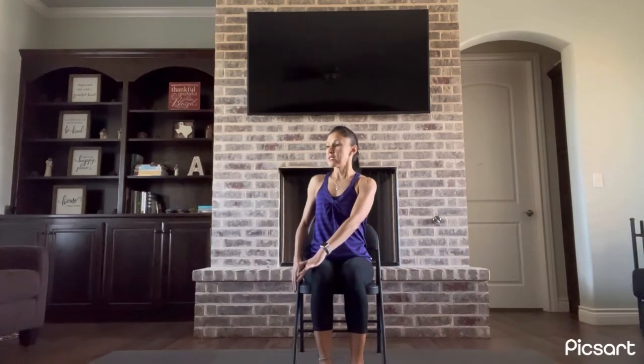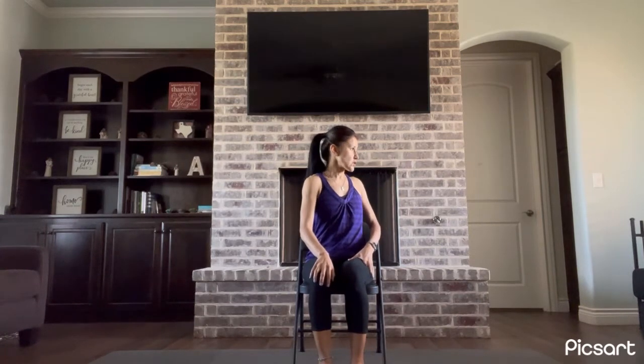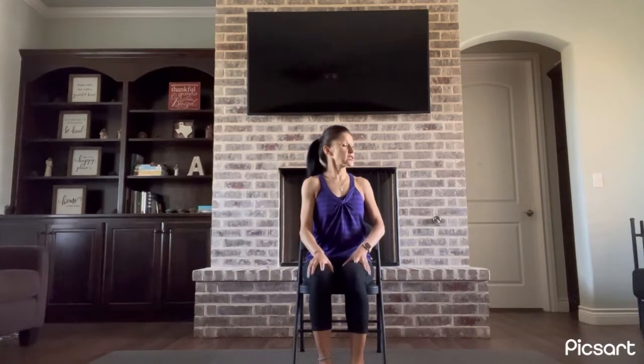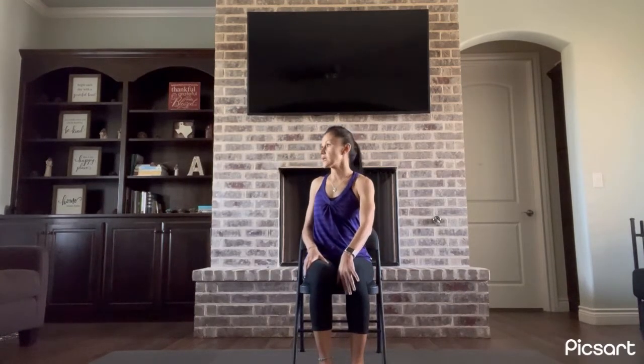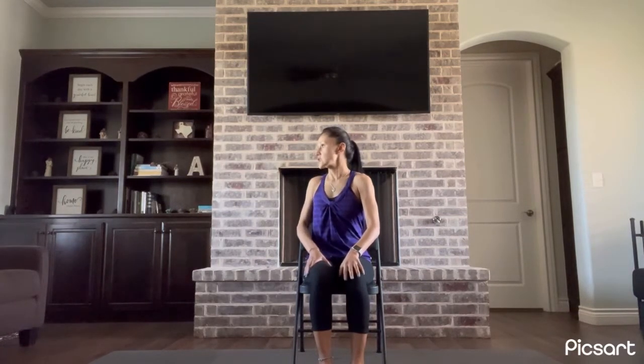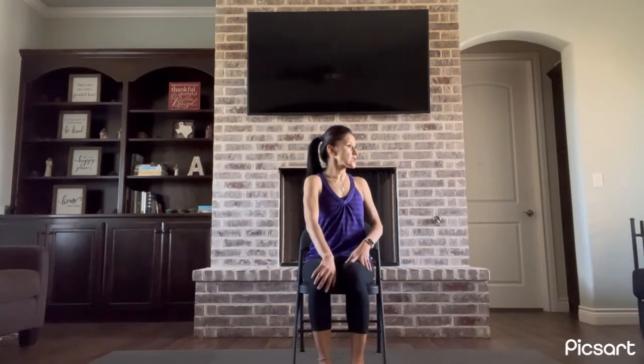Left side. So I didn't mention this, most of you know, but if you are on your back, inhale, come back to center. Arms should be out at a T to help ground through the shoulders. Good. Coming over to the right side, back to center, and to the left side, to the center. One more flowing set through to right, to the center, and to the left,